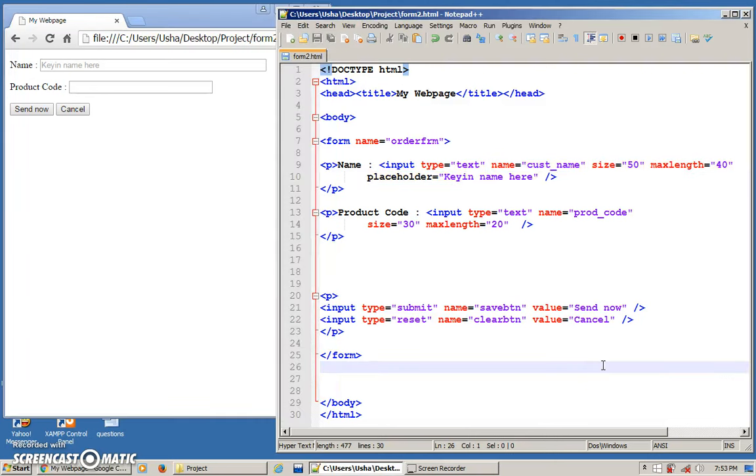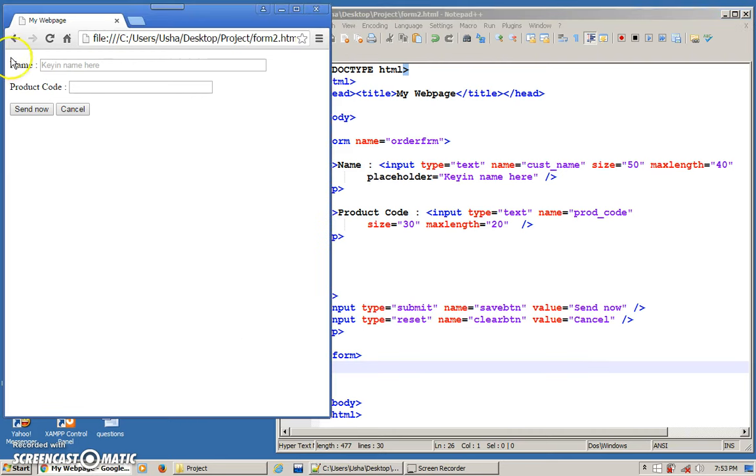Okay, in our previous lesson, we learned about forms, input types, and we did one button. So now we are going to learn a bit more, especially on the properties that we can use in the input tag. But before that, what I want to show you is, let's look at this particular